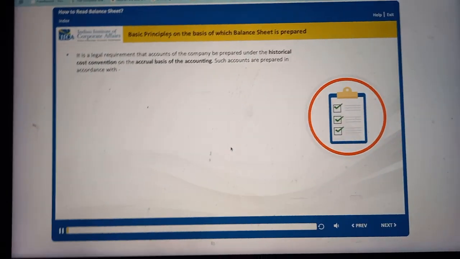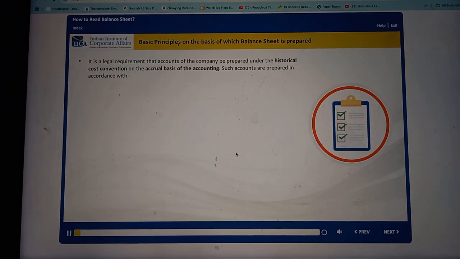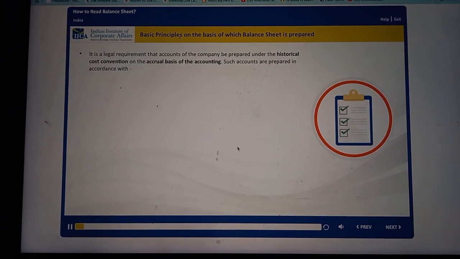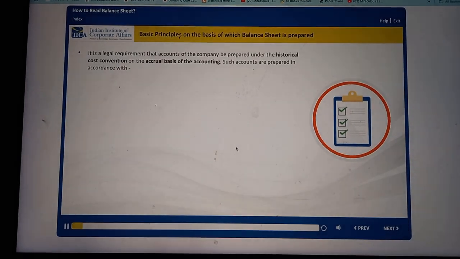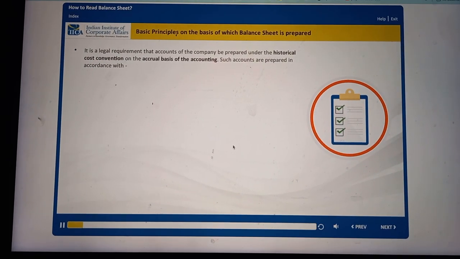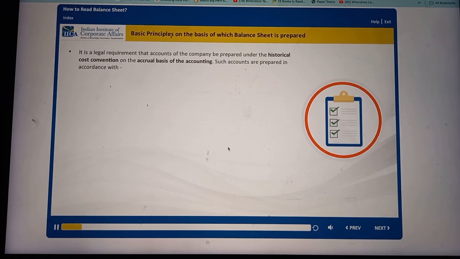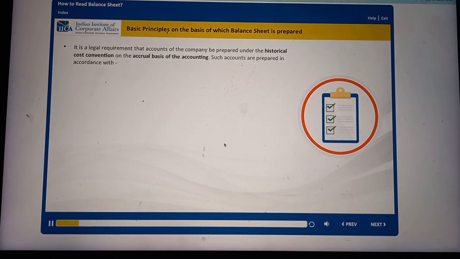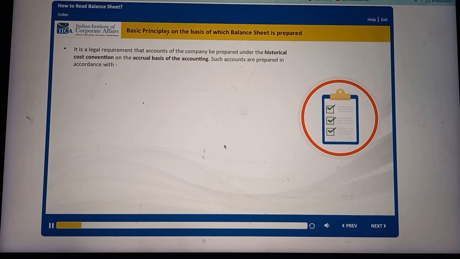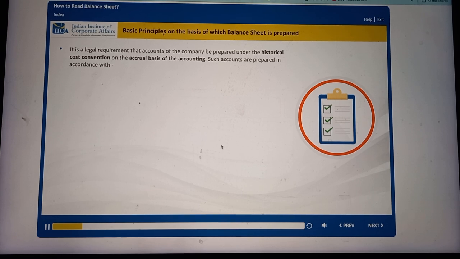In this slide, friends, we are going to explain the basic principles on the basis of which the balance sheet is prepared. As I said in the beginning, unless we know which basic principles govern the preparation of the balance sheet, the analysis of the balance sheet is not possible to complete. And therefore, before we proceed further into analysis of the balance sheet, in this slide, the basic principles are being